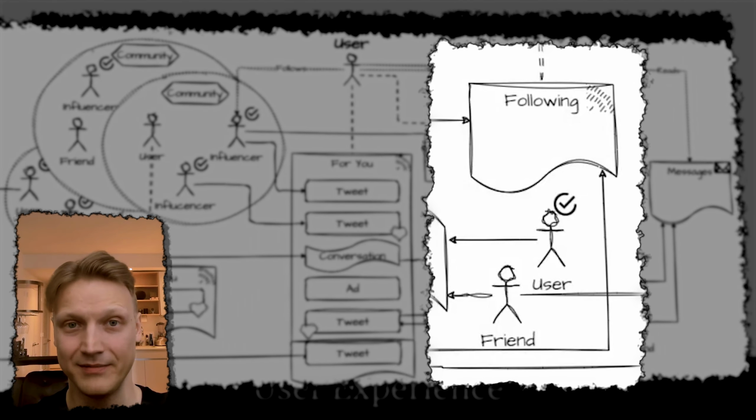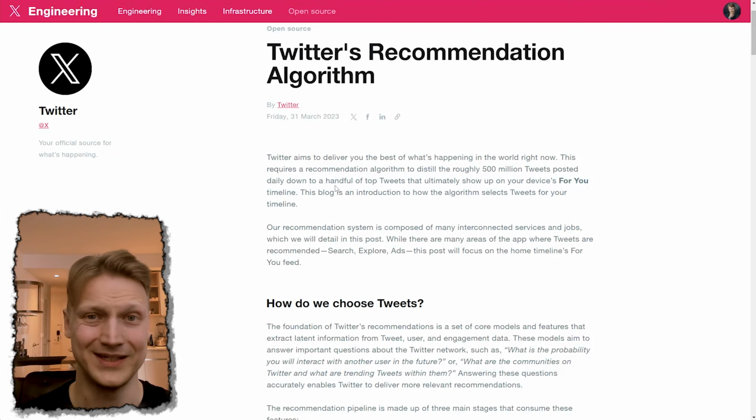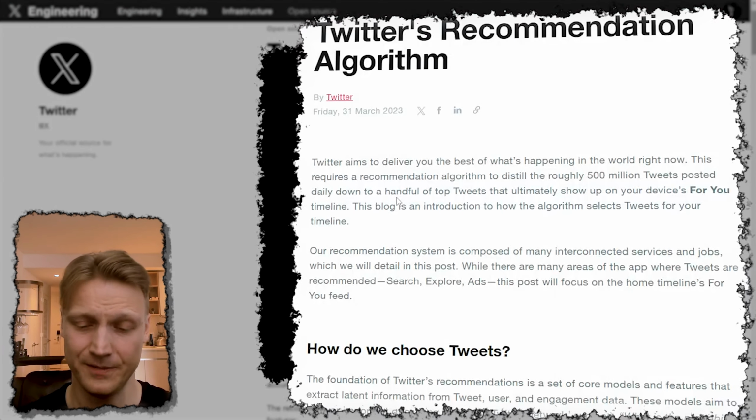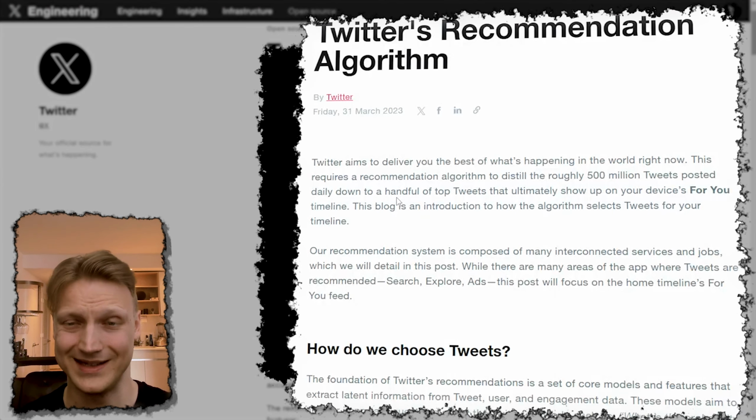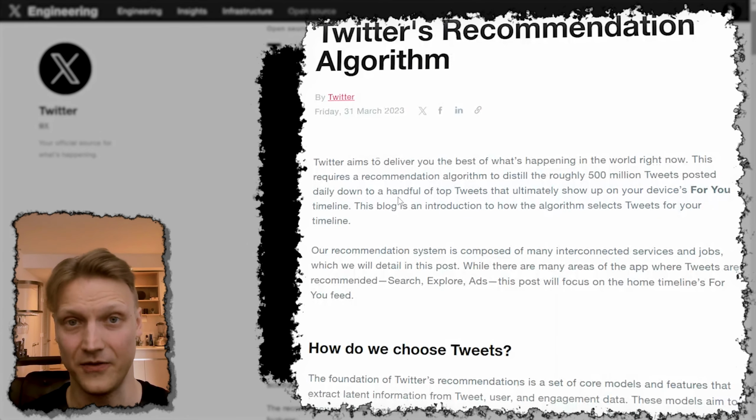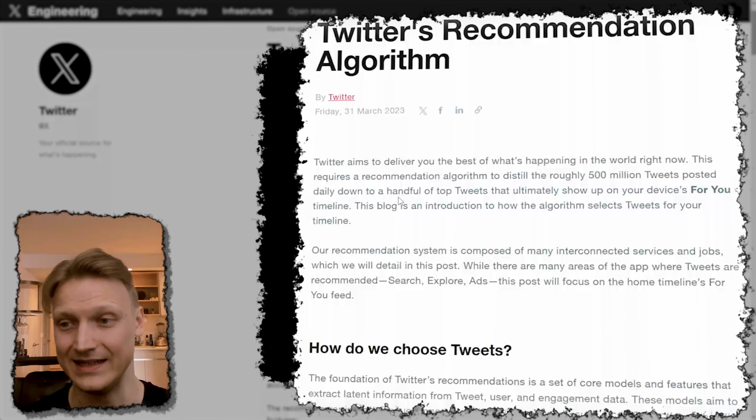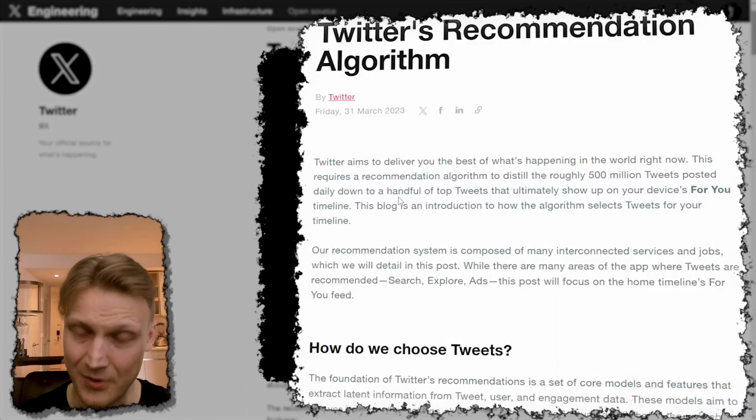We're going to start with an official article, Twitter's recommendation algorithm, that was released on March 31st, 2023, along with source code and some technical documentation. This article, by the way, was analyzed thousands of times back then, straight away by curious minds, YouTubers, and bloggers, with the only point to figure out if there is a way to game the system to get more views of sorts. But that is simply not what we're here for, okay guys? Though you can derive this knowledge from my presentation and analysis, I want to focus solely on the engineering aspects of it.